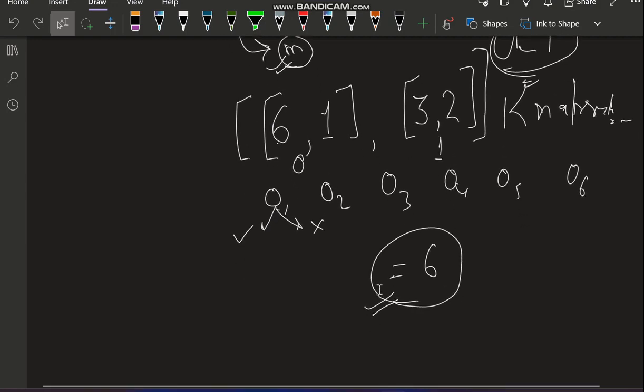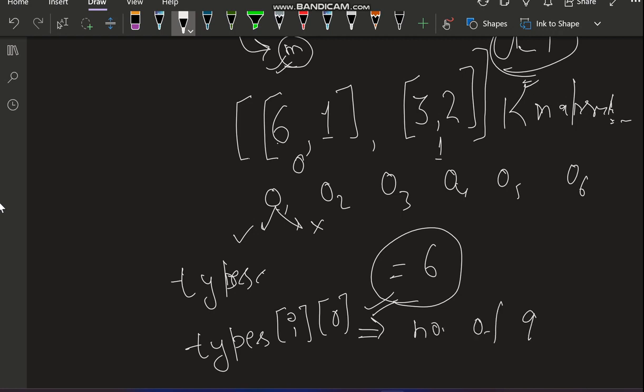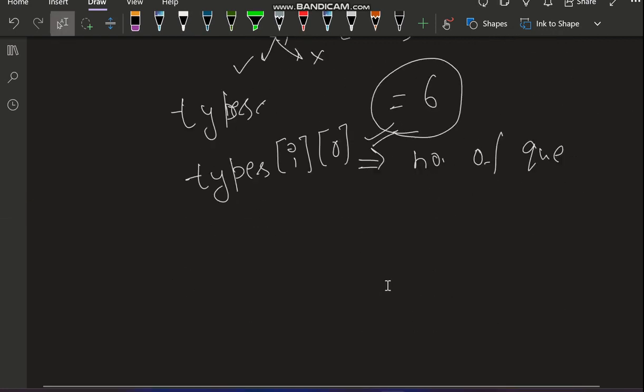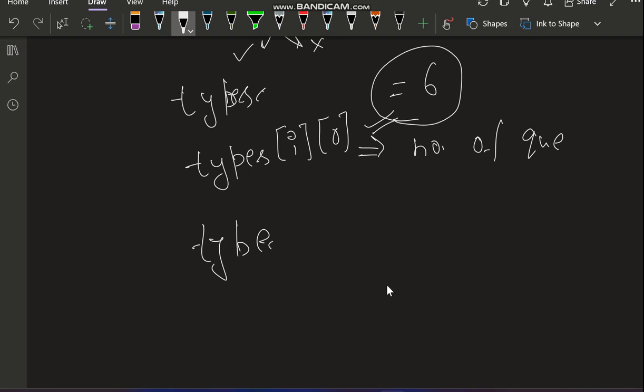Let us suppose the name of the array is types. It is given in the question, the name of the array is types. So what is there in types[i][0]? For the ith index, types[i][0] stores the number of questions, and types[i][1] stores the marks for each question.